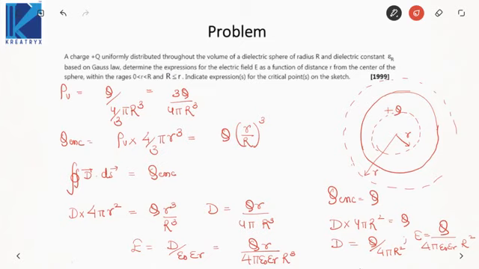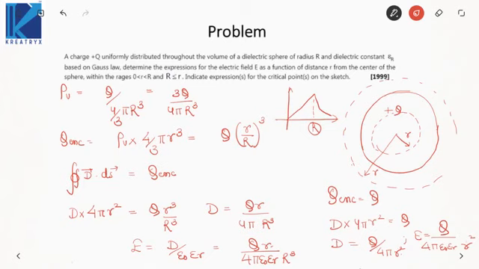Now, if you see, initially electric field was, sorry, this will be small r here actually, that is the radius of Gaussian surface. Initially electric field was directly proportional to r, so it will be linearly increasing with r up to a distance capital R. Then it is inversely proportional to r square, so it will decrease hyperbolically with r. So what is the critical point? Critical point is this capital R.